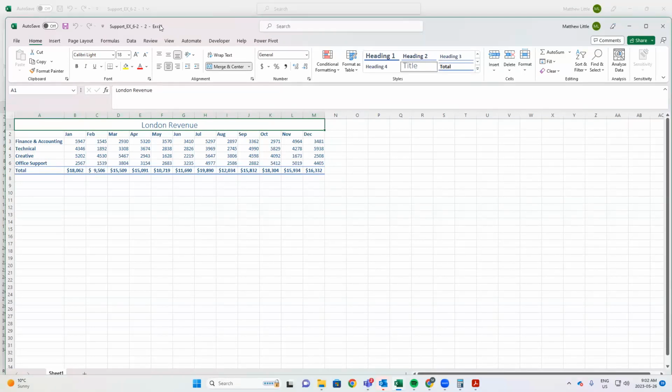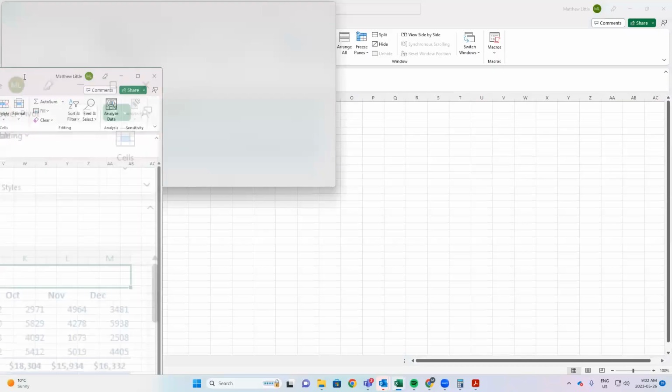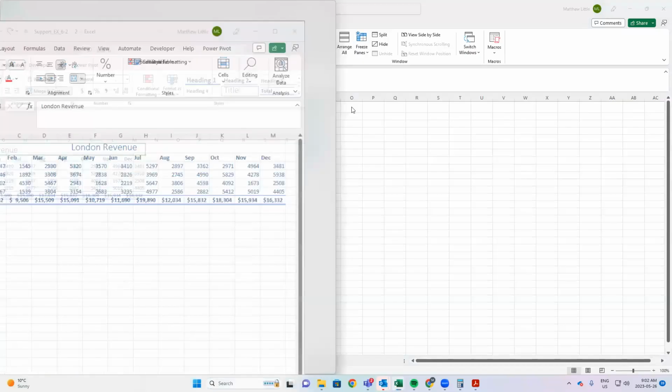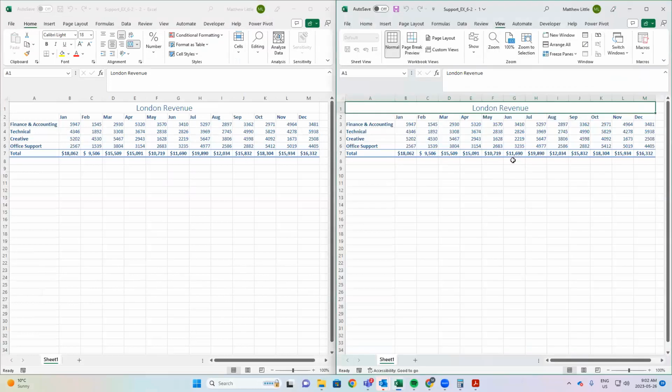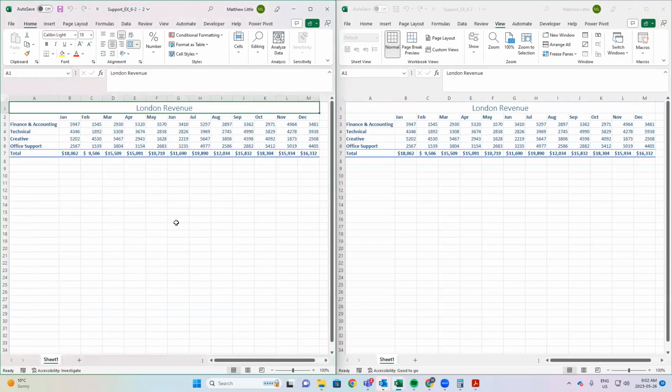How this helps is you could take one window and drag it to the side of one of your monitors. And then have window 1, so you have the same file open twice. For example, if I add a new sheet on the left side, you can see how it's added on the right side. You can be in different locations in both windows. Very helpful function when you have multiple